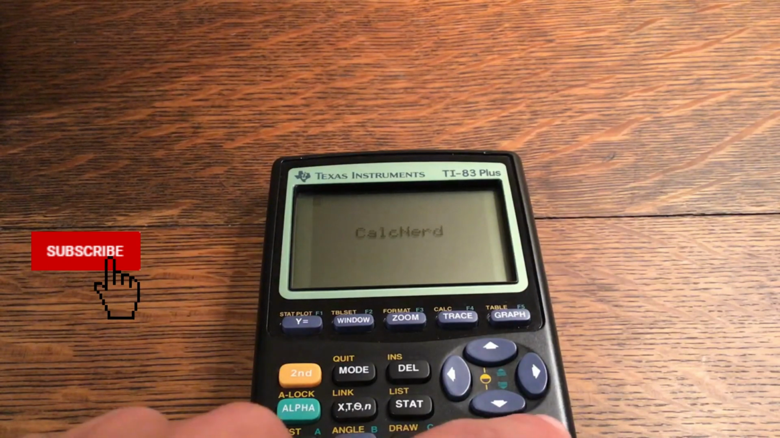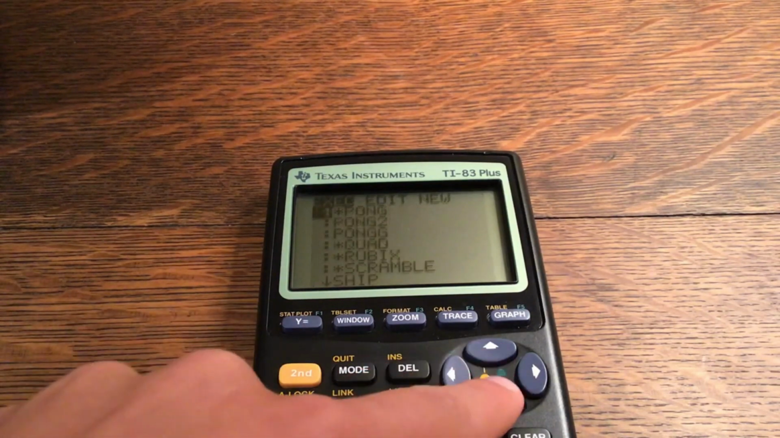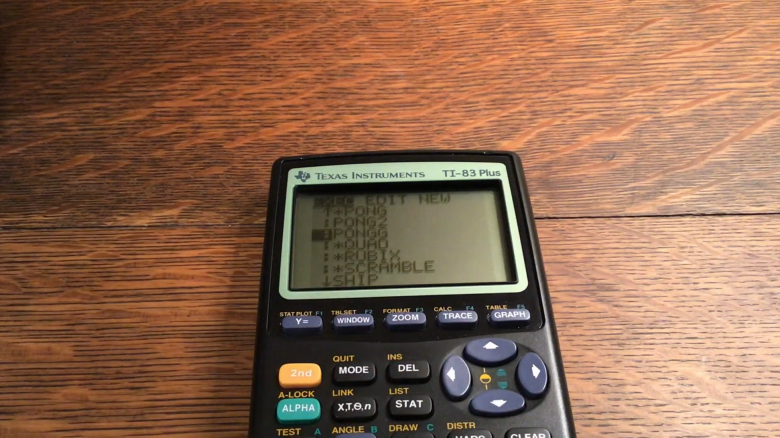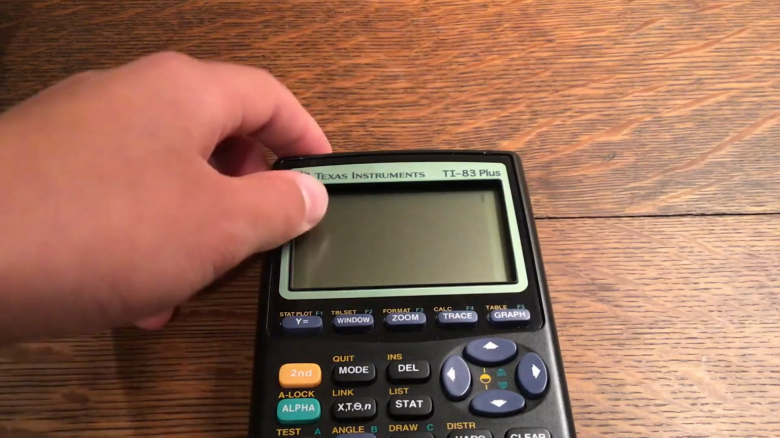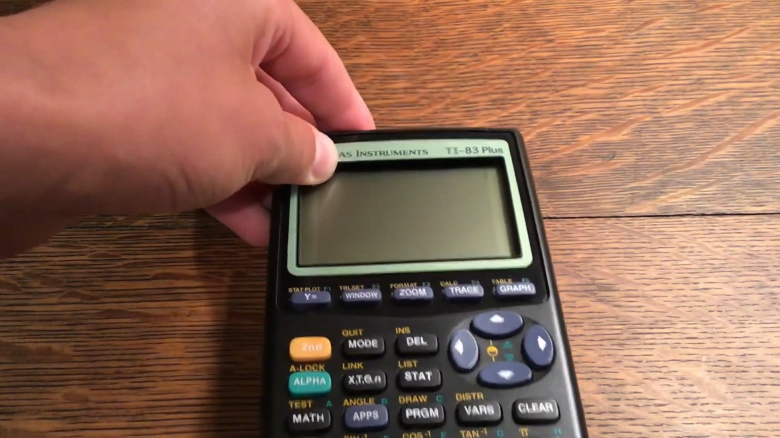So yeah, let's get right into two-player Pong. I called it Pong with two G's. You can also call it Pong 2, but I already had Pong 2, so I just named it Pong with two G's. So as you can see, we're in a pause right now, so you can make sure that both